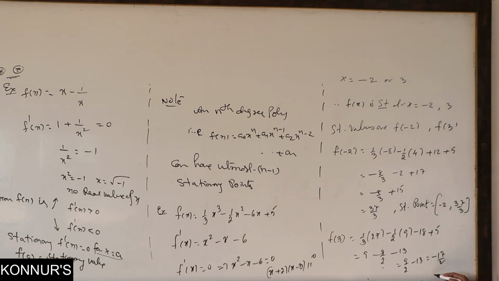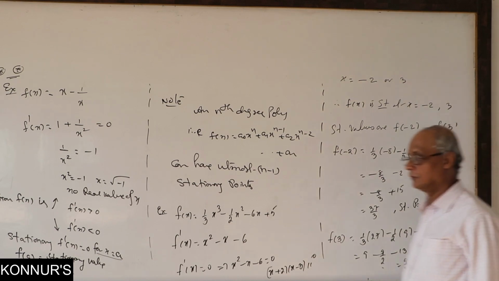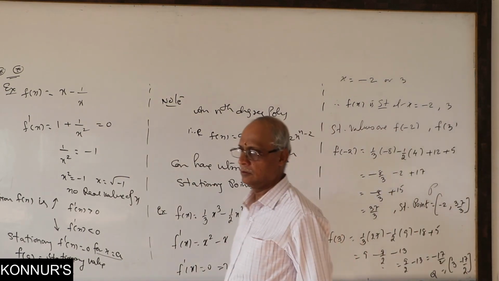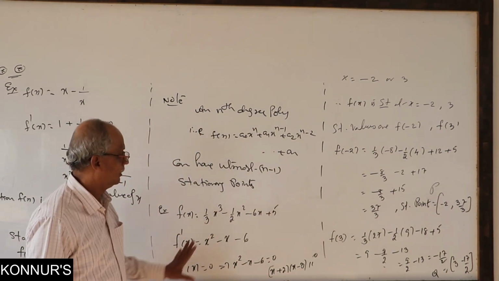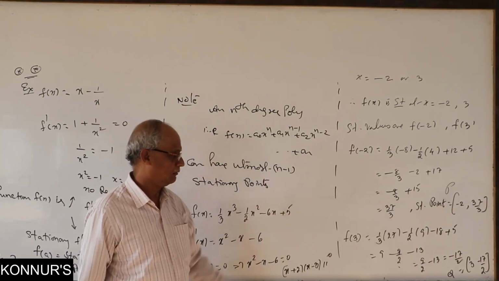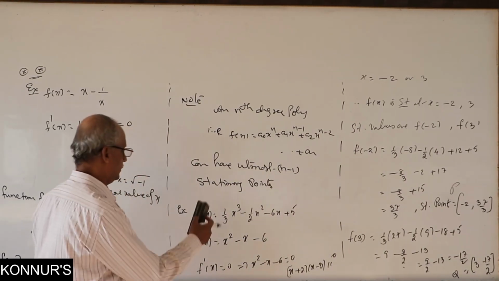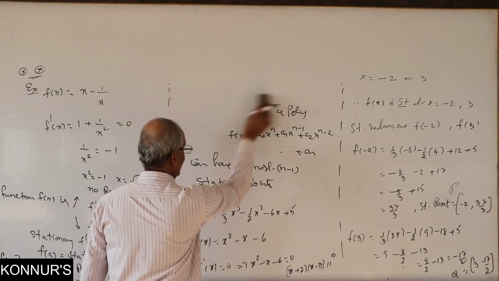What is the other stationary point Q? This is P, with x coordinate, y coordinate. This is bigger than this. The y coordinate is more here, and here it is small. This becomes the maximum value, and this becomes the minimum value. That much only. Once you know stationary points, the remaining things will be easy. So what is our example we got so far? Where it is stationary, what is the stationary value, what are the stationary points. Then how do you give the increase and decrease intervals?